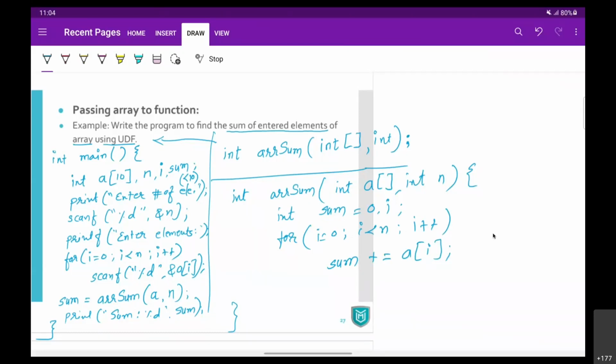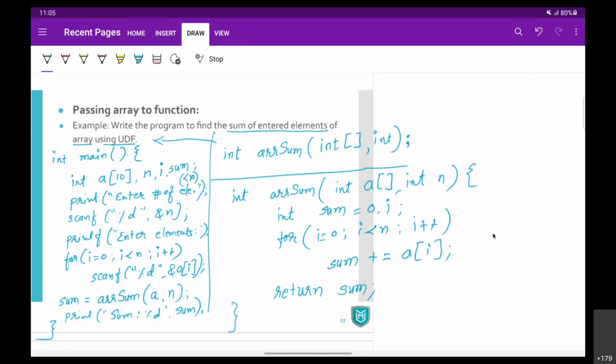So it is equivalent to sum equals to sum plus A of I. Now once I'm done with this entire loop, I'm going to return sum. That's it. So we will return this sum. वो वापस आ जाएगा main के पास और main उसे print कर देगा. So that is the passing array to a function.